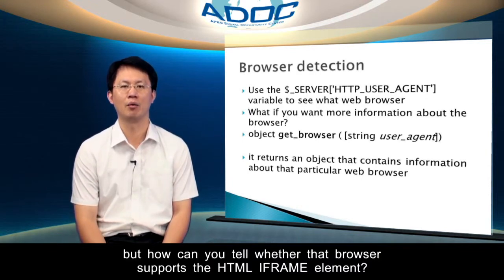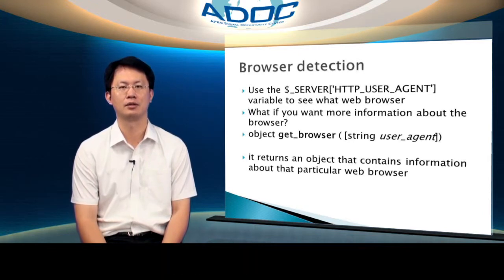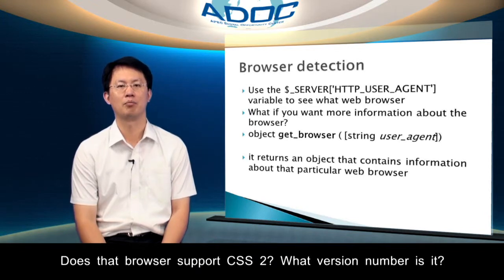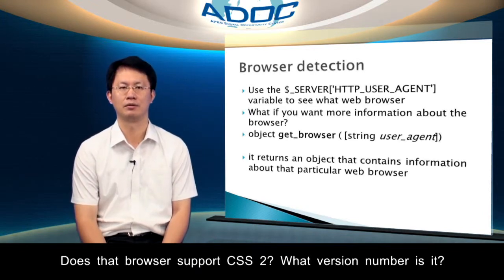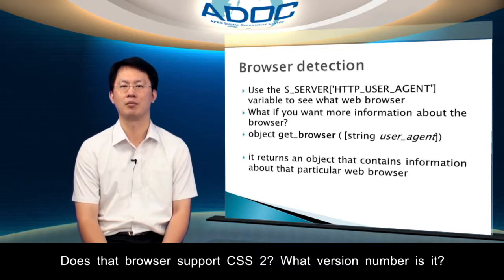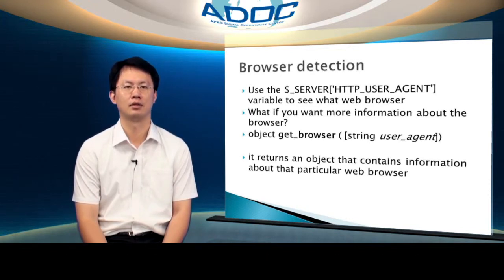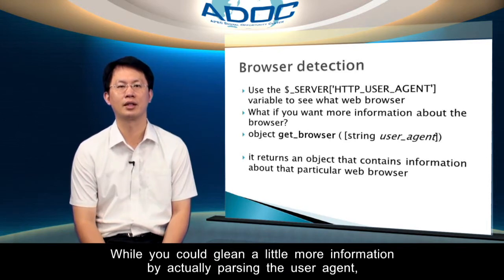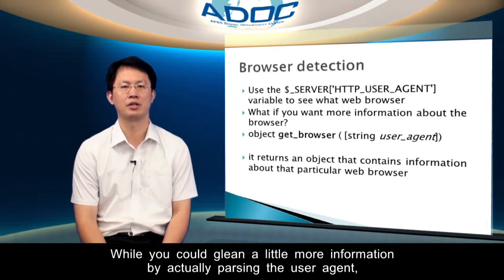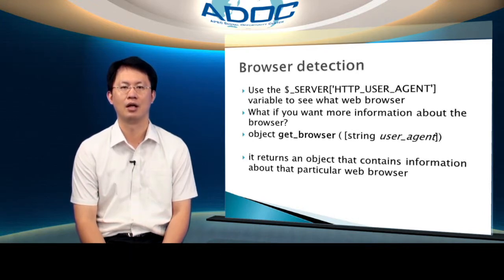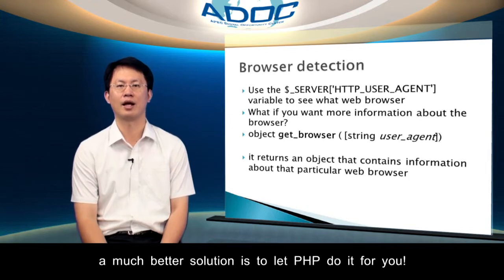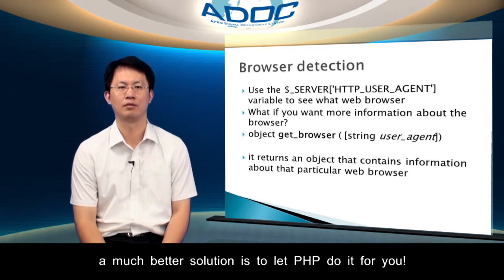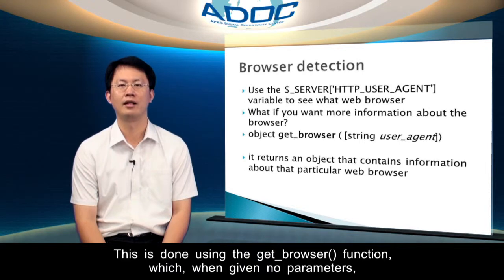But how can you tell whether that browser supports the HTML iframe element? And does that browser support CSS too? And what version number is that? And while you could gain a little more information by actually parsing the user agent, a much better solution is to let PHP do it for you. And this is done using the get_browser function,